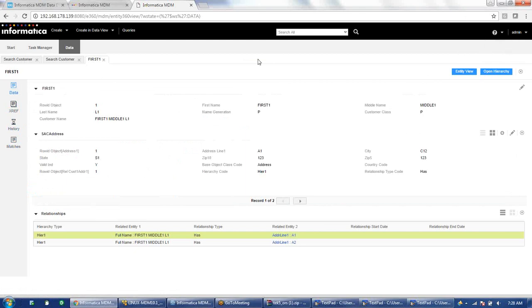Okay, so we'll continue this tomorrow. A lot of things are remaining here, like creating new records and matching and merging the records in the IDD application screen. Then we also have to discuss the task part, like how tasks work here, and that is basically the active viewers. There is also a document for ActiveOS in the shared path. So if you get time, just go through that document on how to configure ActiveOS in MDM. I will be telling you all the steps, but if you get time, just go through it.